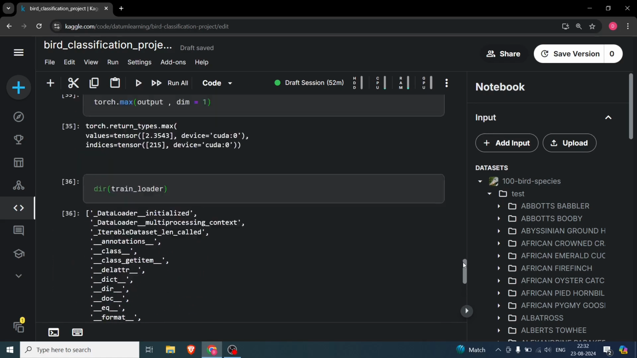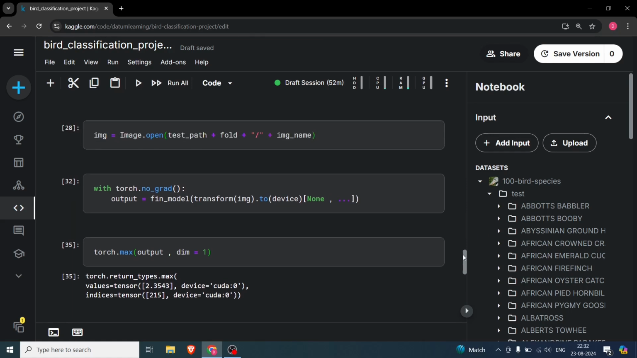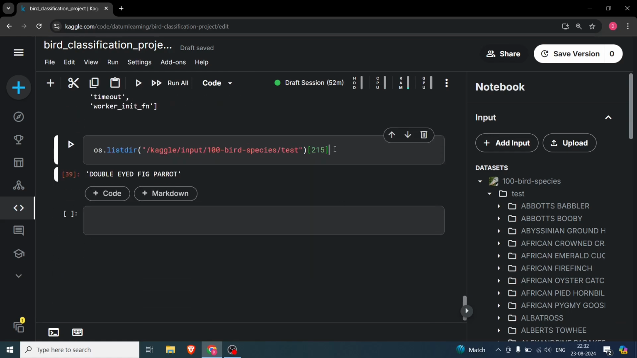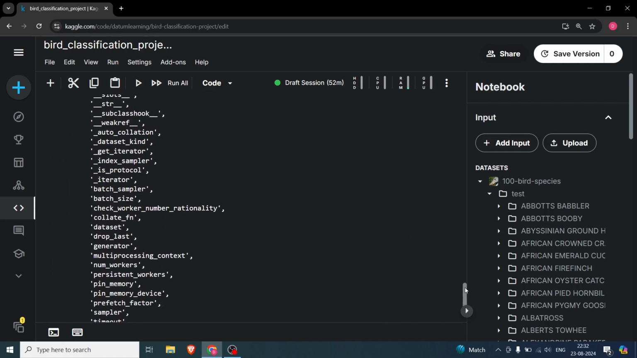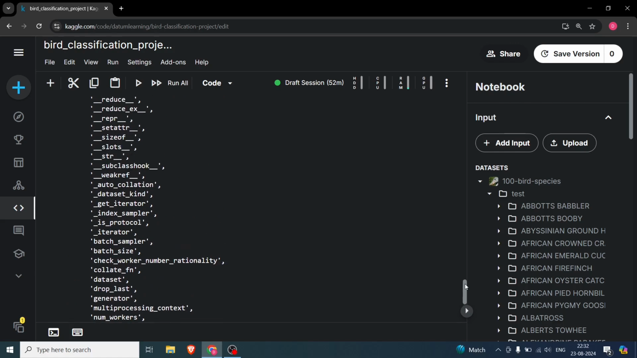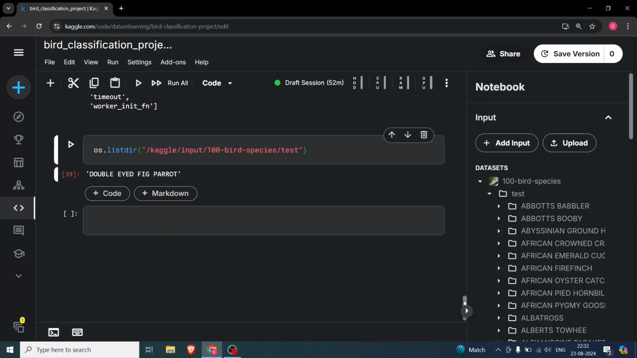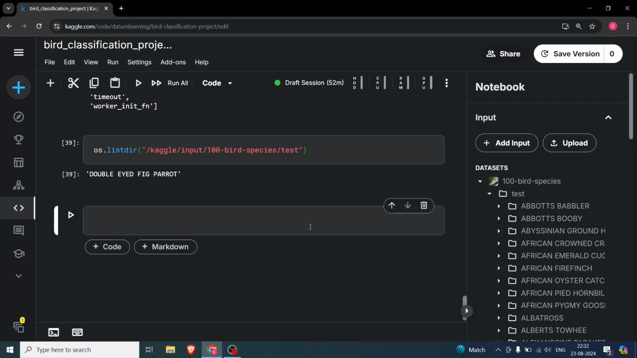Double-eyed fig parrot. So it can happen, it's something that always changes, so it's not guaranteed that it will work, and I told you this is not the recommended way. There is a recommended way of get index sampler, by which, with that, you can figure out